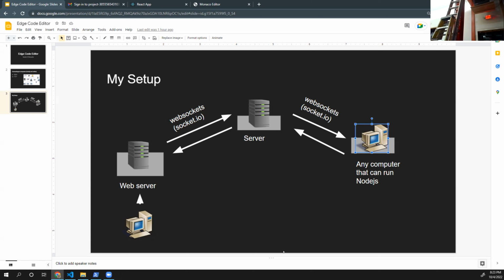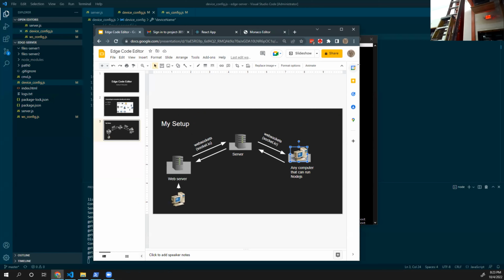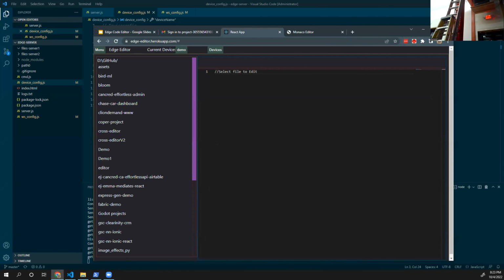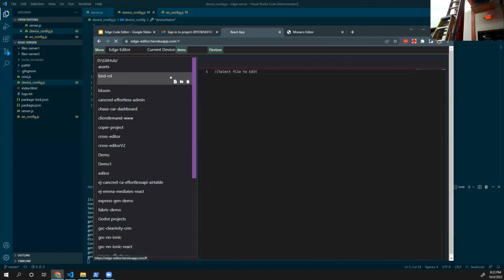So meaning that if you run the script for the first time and you don't have the right keys and you try to access them through your namespace, you're not going to be able to find it. And if someone else tried to access your device, the only way they could is if they actually have your keys. So let me demonstrate this for a second. Let's say that I am a new user, so let's sign out here.